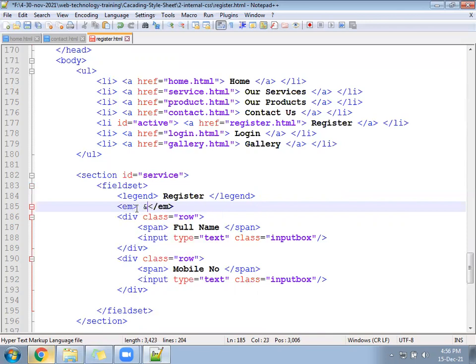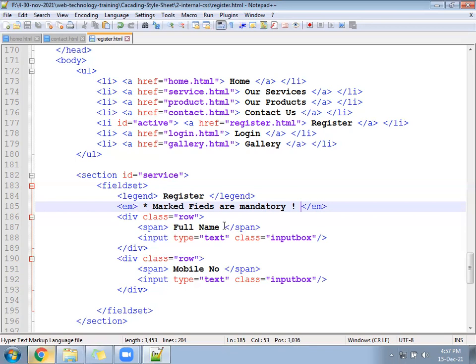Write in that: star marked fields are mandatory.